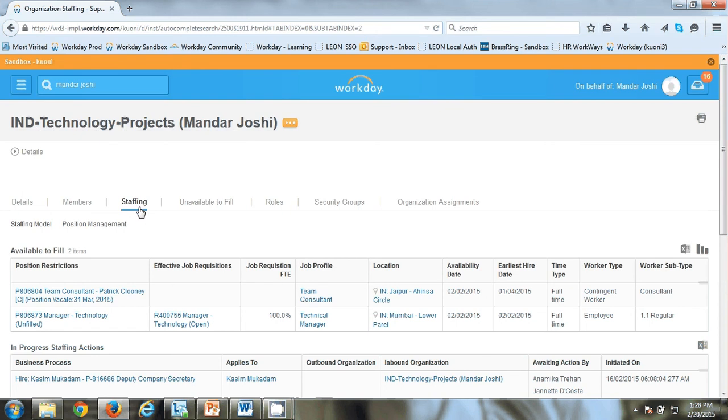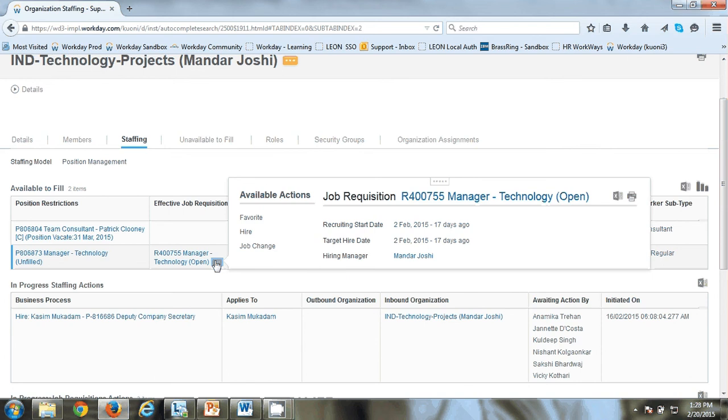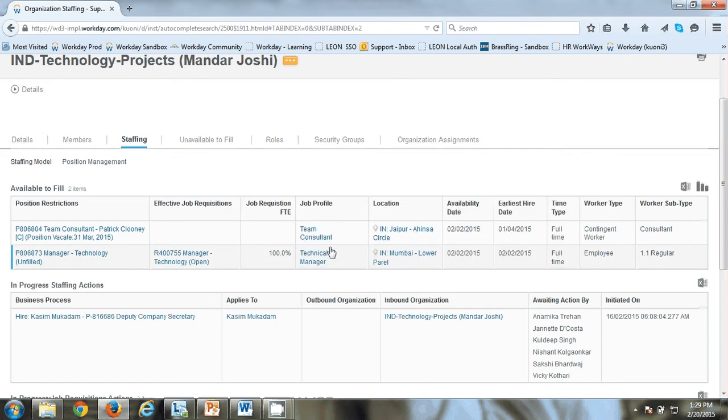Then I click on the staffing tab to see what all requisitions are currently there in the system, and I can use the related actions here for the existing requisition to just go and edit. So I left click this option here, I go to job change, I click on edit job requisition,